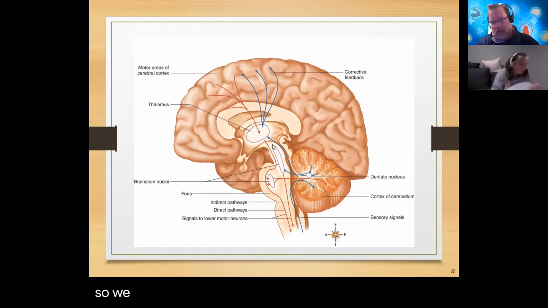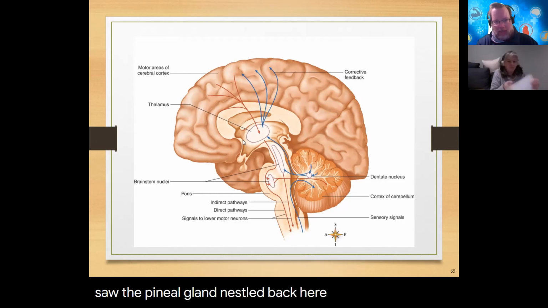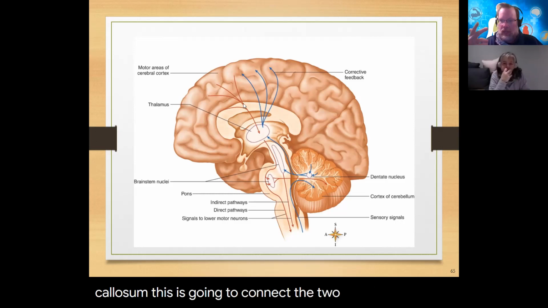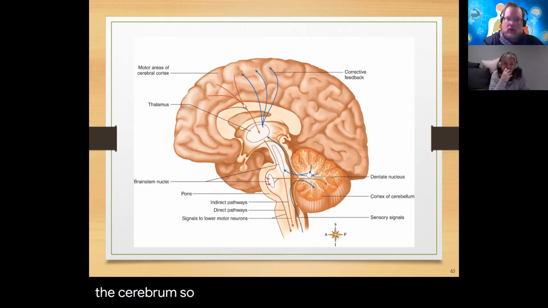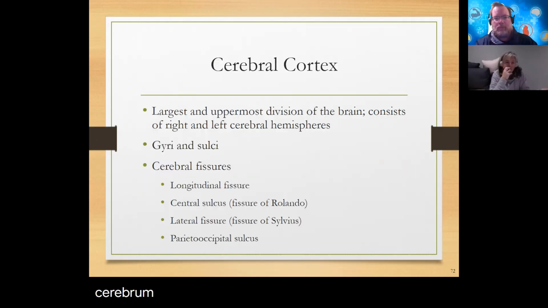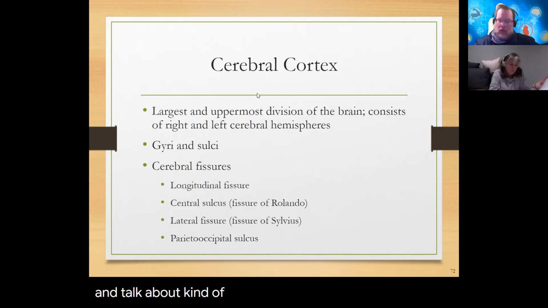Okay, so we left the brain stem, and this is that diencephalon. We saw the pineal gland nestled back here, the thalamus into the hypothalamus. And we see the pituitary coming off of the hypothalamus. Okay, so that's kind of where we're at now. We do see this white area here. We'll look at that in a few minutes. That's called the corpus callosum. This is going to connect the two hemispheres of the cerebrum. So our next stop is going to be with the cerebrum. Okay, so we're going to head into the cerebrum next and talk about kind of the uppermost areas,